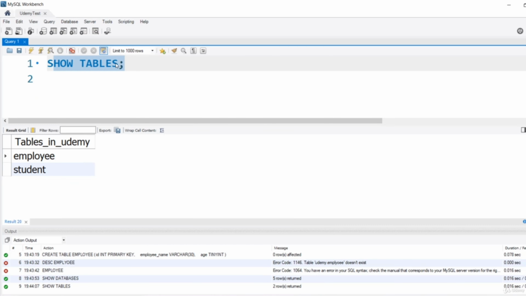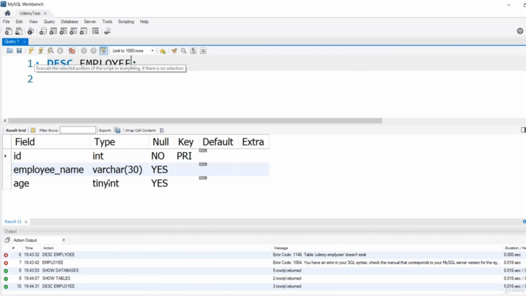So if we execute the show tables query, then as you can see, we have an employee database table. We have a student and we have an employee. So if we use describe and define the employee, something like this, and run the application, then as you can see, we have managed to create the employee table with 3 columns: the ID, the employee name, and the age. And as you can see, we have managed to create the primary key as far as the ID